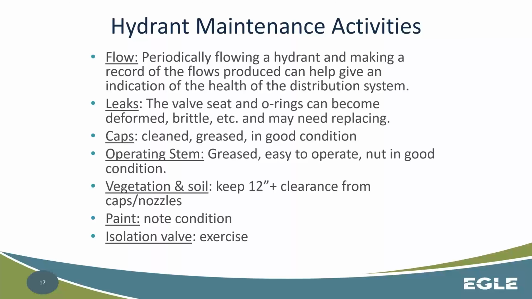All vegetation and soil should be at least 12 inches below the nozzle bottom so that you can keep good clearance and good visibility of the hydrant. Paint is a condition that should always be noted and paid attention to make sure that they remain visible and remain in good condition so you don't get rusting and other issues occurring. And that the isolation valve is actually exercised so that if you do end up having an issue with the hydrant, you can take it out of service without having to take down a portion of your water